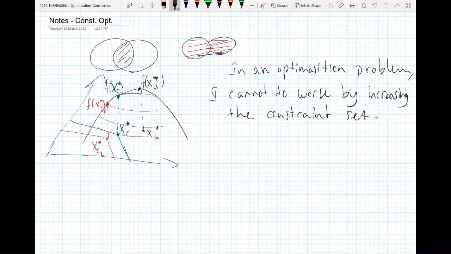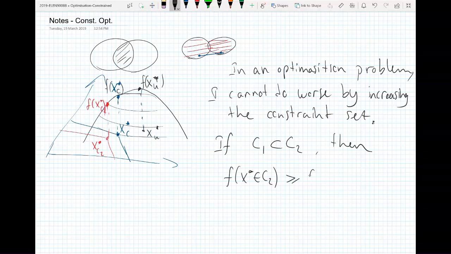Or I should do at least as well as the previous version. The corollary is that, maybe we can write it as, if constraint set C1 is a subset of C2, or C2 is a superset of the C1 set, then f of x star in C2 will be greater than or equal to f of x star in C1,